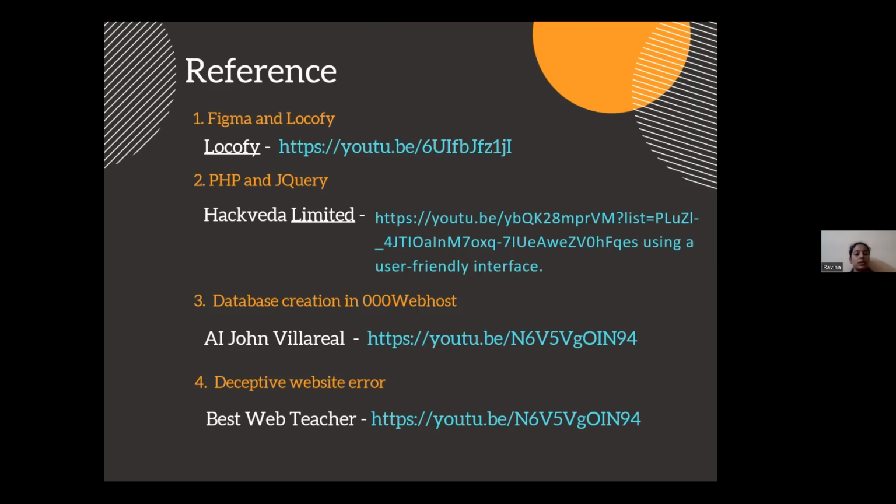So at last, one different thing is the deceptive website error. While I was in the middle of my project, when I tried to run my project in Google, it showed me that the website is deceptive. After going through the reasons, I found that we have to allow permission for some sites. This is something useful for me, but till now I didn't update that. I'm using another browser for it for safety purposes.